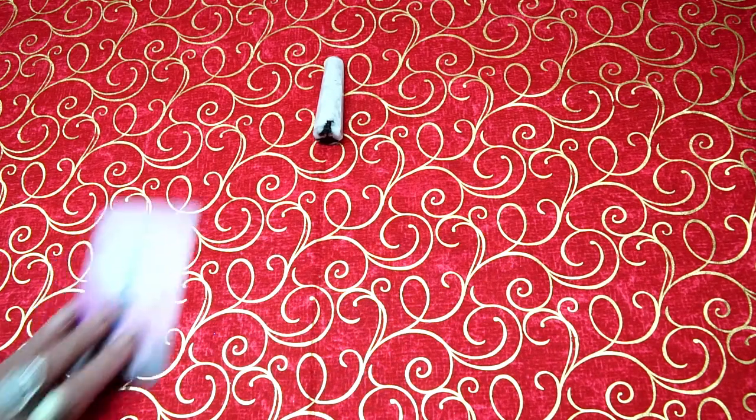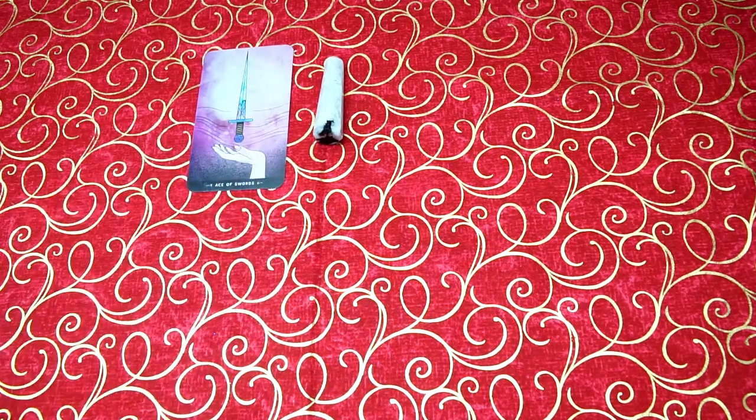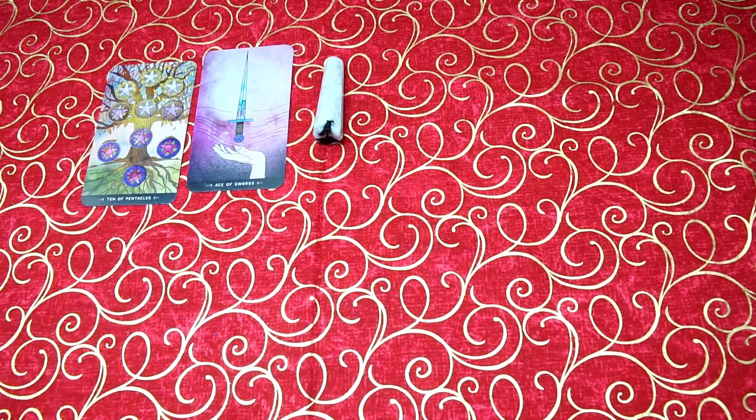The first card that comes up, we're just going to jump right in, is the Ace of Swords. Cutting things out of your mind that do not belong there. False beliefs, you know, maybe seeds somebody else planted in your mind that just kind of grew. These are things that are creating blocks. We also have here the Ten of Pentacles. Ten of Pentacles is telling me you have the ability to leave a legacy. You know, a lot of you guys are going to be getting some kind of an inheritance or